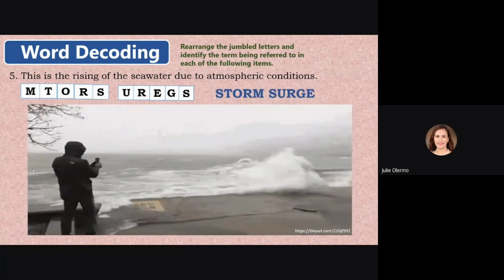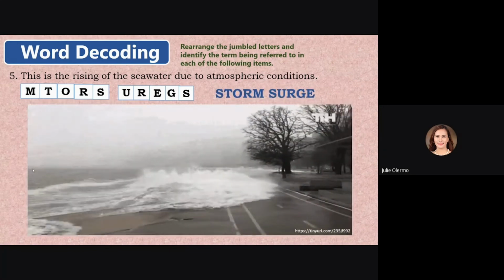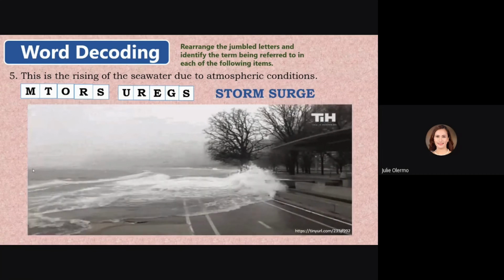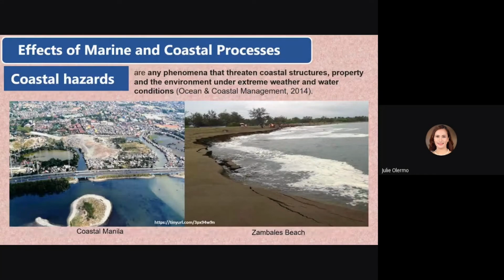Okay, it is storm surge, explained by the animation. The coastal processes presented may result in coastal hazard. The hazards of living near the